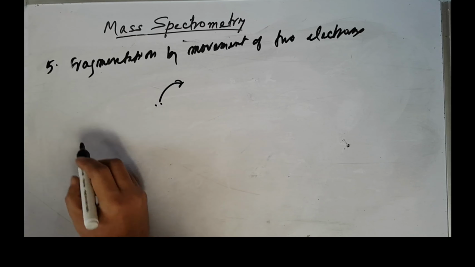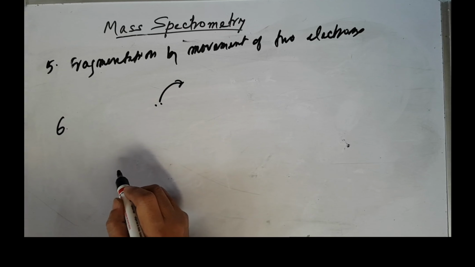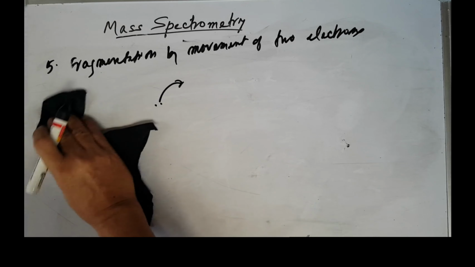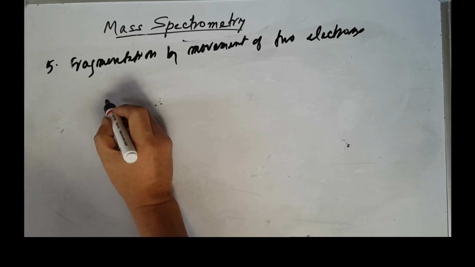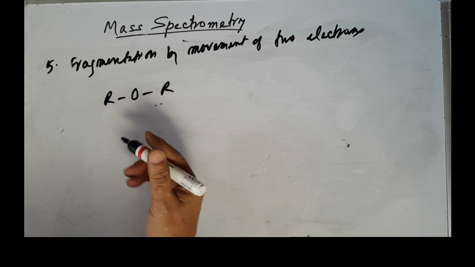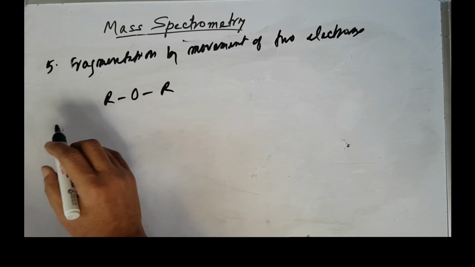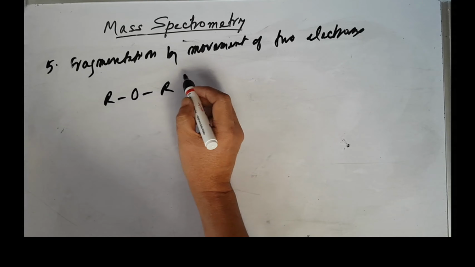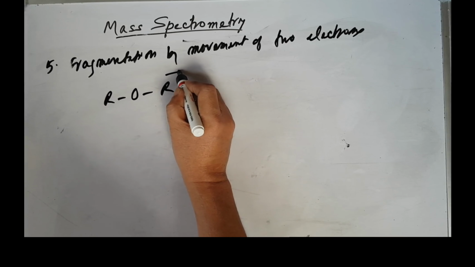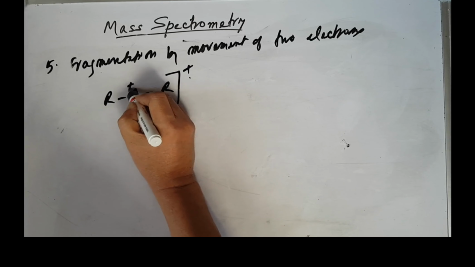And then another fragmentation is due to movement of multiple electrons. So here I'll give you one example. Say R-O-R, let's say this is an ether. Then for the loss of this, fragmentation, you can have bombardment with electrons. This will give a positive